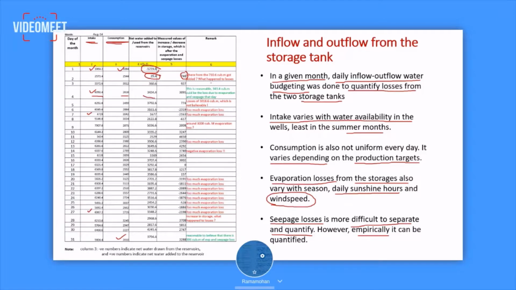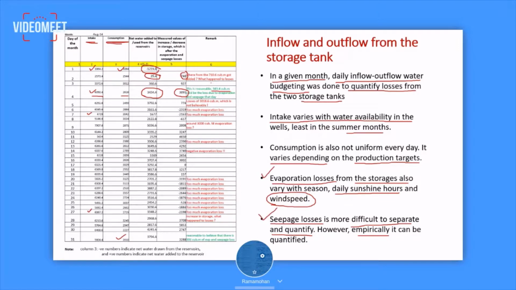That means this much water is brought in and added, but then you found that finally the change in the storage is only 3091 when you measure using a scale installed in these water tanks. So approximately 343.3 cubic meters was lost on that particular day, which is approximately 343 cubic meters, meaning 3 lakh 43,000 cubic meters. But we still do not know whether this loss is predominantly because of the evaporation or predominantly because of